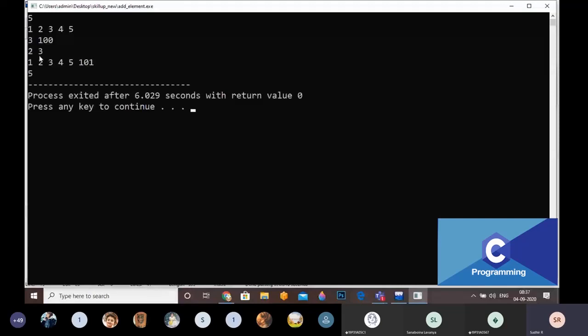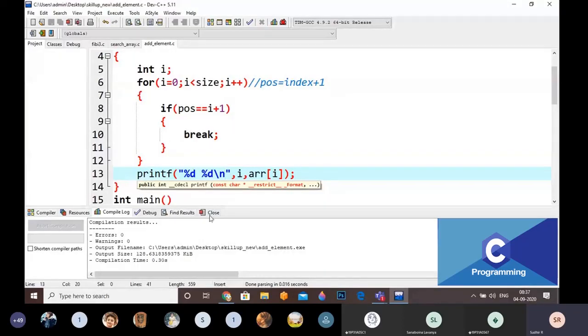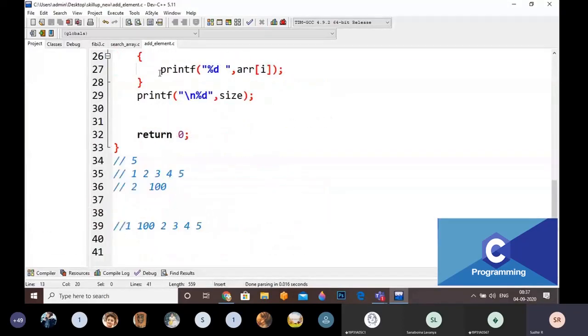Just look here. I am going to stop at index 2. What is the value at index 2? That is going to be 3. Yes. Is it working perfectly or not? Yes, it is working perfectly, right? I am going to stop at index 2. This is index 2, right? And the value is 3. I am going to give some different numbers, then it will be clear for you.